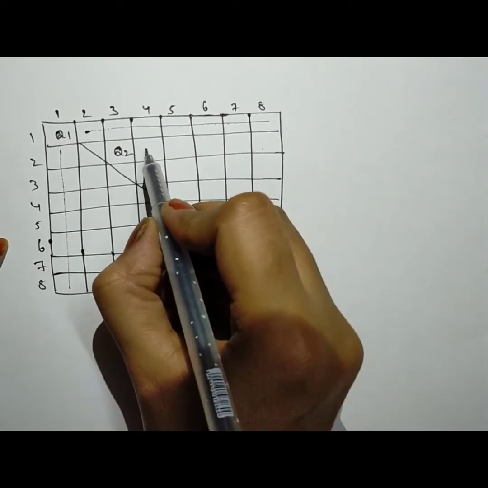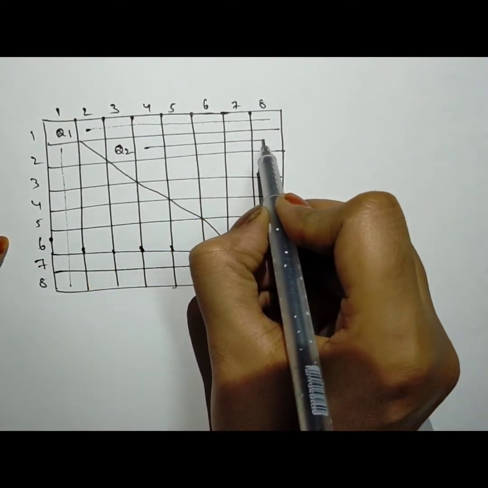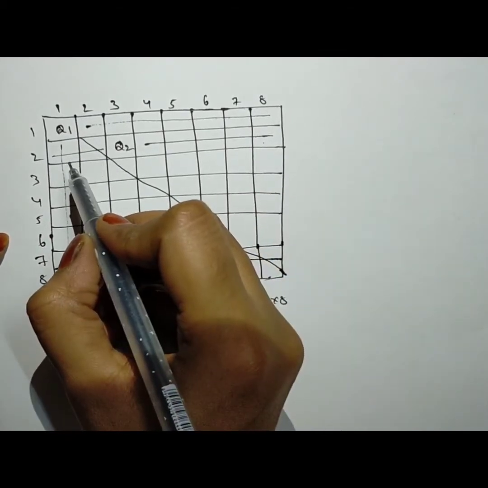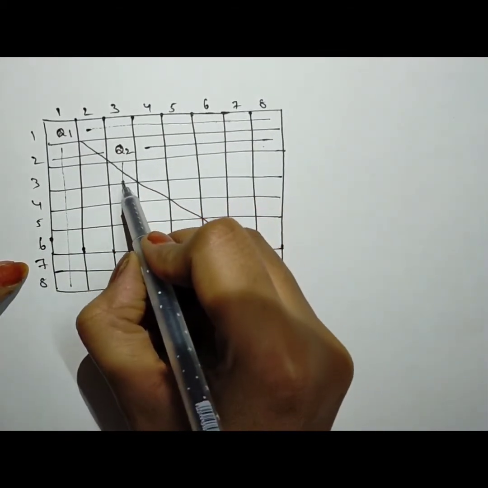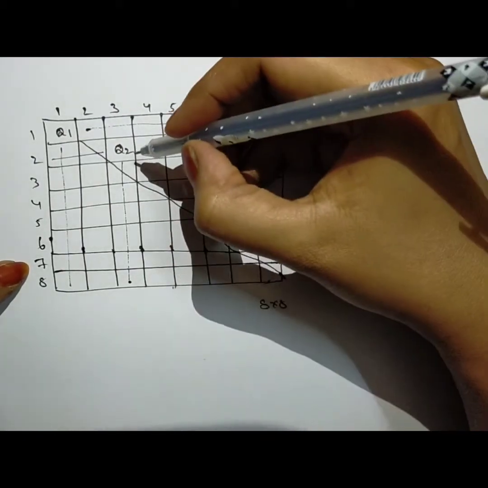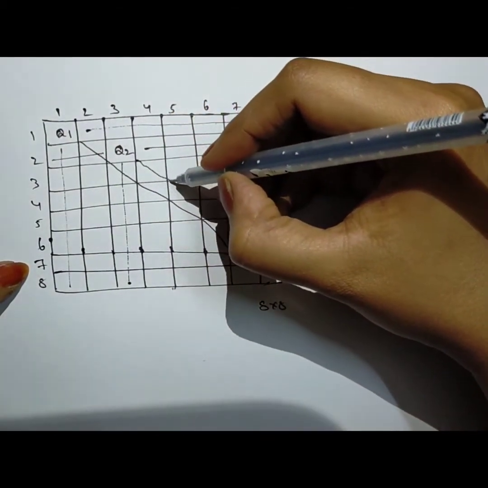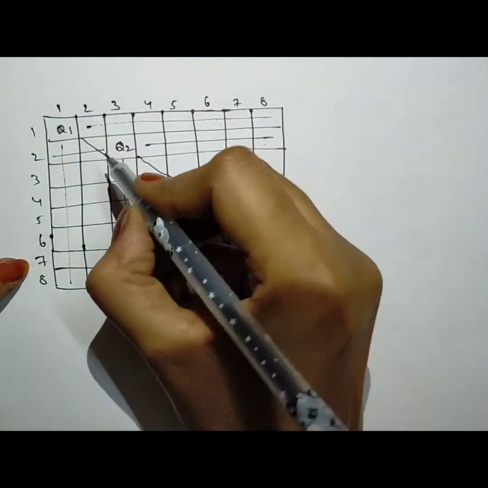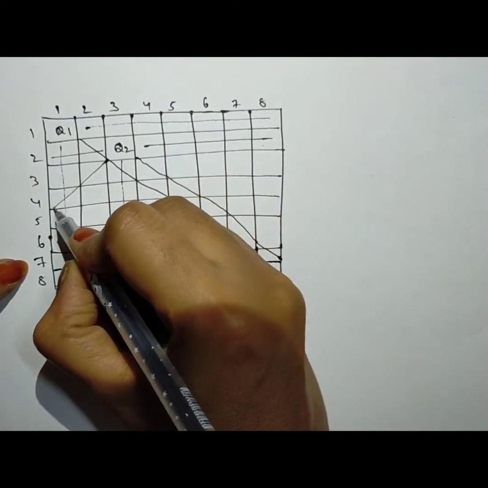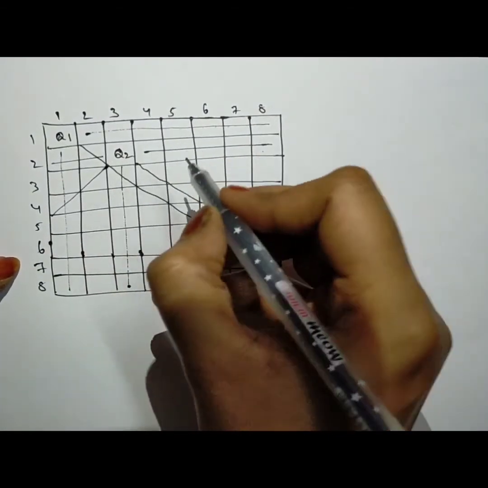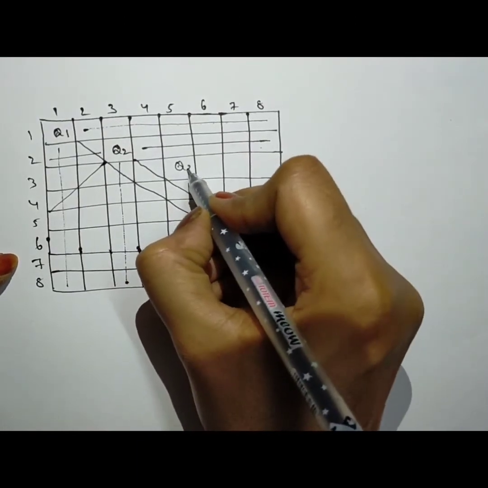Okay, as we have placed Q2 here, we are not supposed to place Q3 in these cells as it is representing the same row. Here also we are not supposed to place Q3 as it is representing the same column, and here also we are not supposed to place Q3 as it is representing the diagonal cells. Here also, these are also representing diagonal cells. Now I am placing Q3 here.